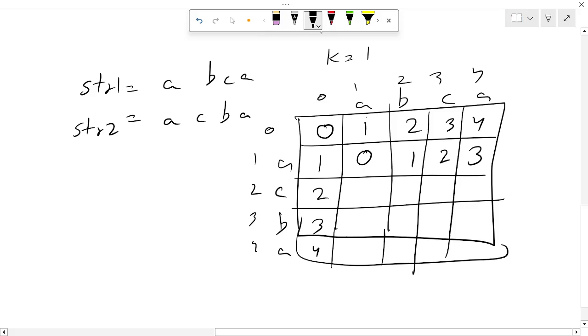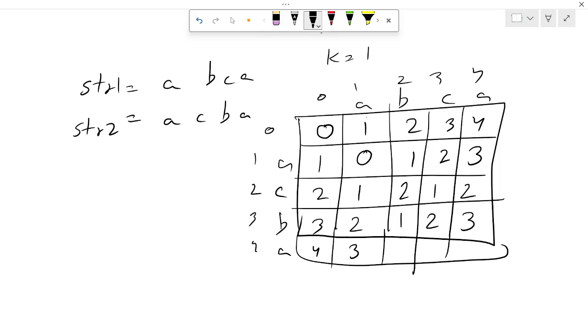So this character and this character are not equal, so 1, and character not equal 2, character equal 1, this value, character not equal, so 2, character not equal 2, character equal, then this cell, and character not equal, then from this cell or this cell, 2, and character not equal, so 3, 3, and character not equal 2, character not equal, character not equal, so 3, character equal means 2, so 2. So our result is 2, which means we have to delete one character from here and one character from here.